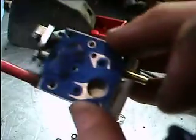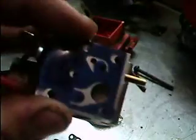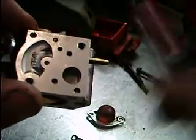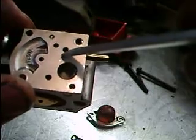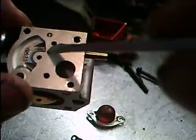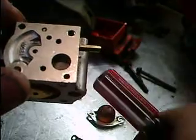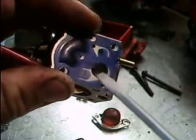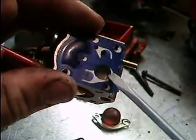Let's see if that's blocked off. Yep. Goes down this hole right here. Comes out on this side of your fuel pump. You can see, so it came in, came up past the valve, went down through this hole, then went over into your fuel pump chamber. There we go. Where it's then pumped out of this hole right here, past this valve, and through this screen,